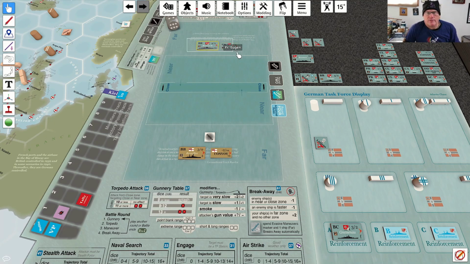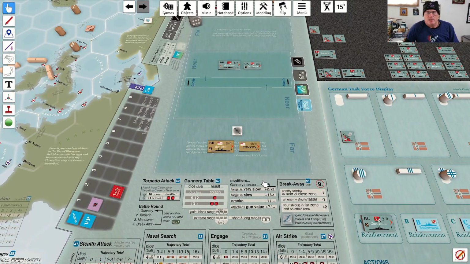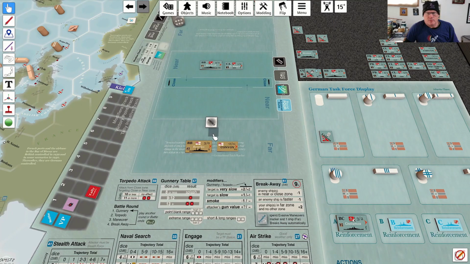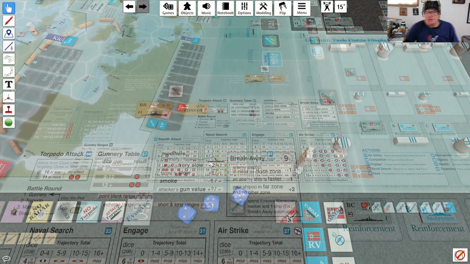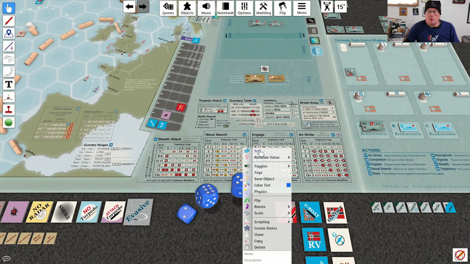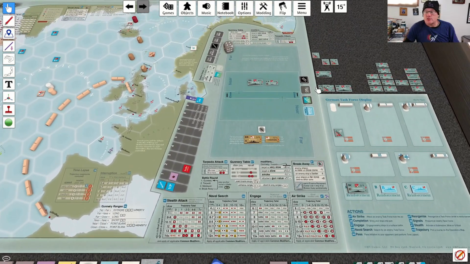And the British are obviously going to stay where they are, but the Germans are going to close. By doing this, I get myself now into long range, which means that we won't be rolling 3 dice and taking the worst 2 results from that. The British will maintain smoke. But the British are going to attempt to break away. And this is basically going to be an even die roll. So we will roll for breakaway, and they are not going to successfully break away with a 7. So we move on to